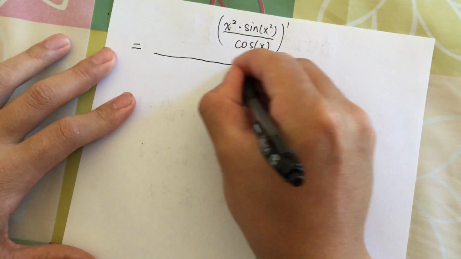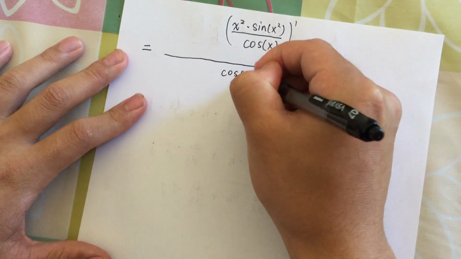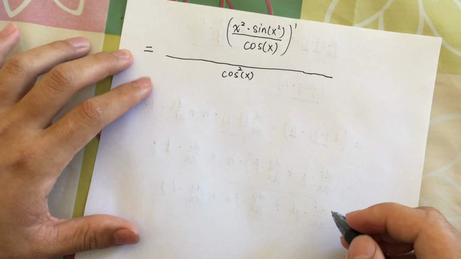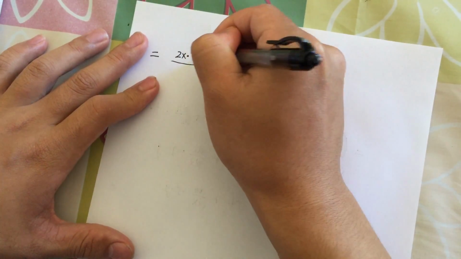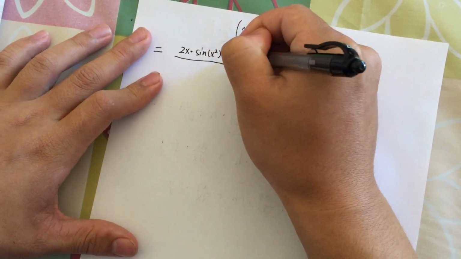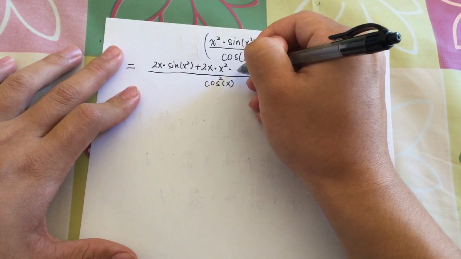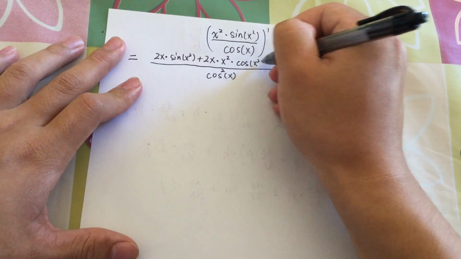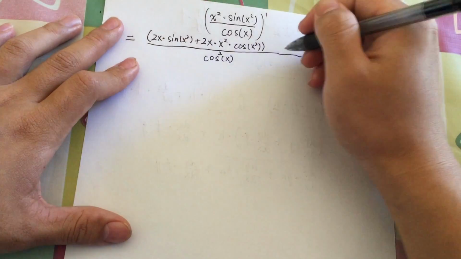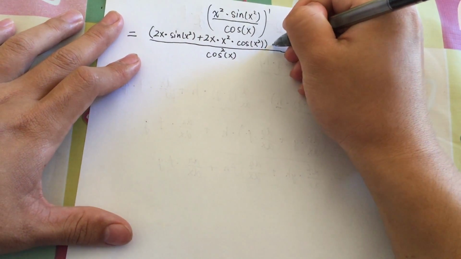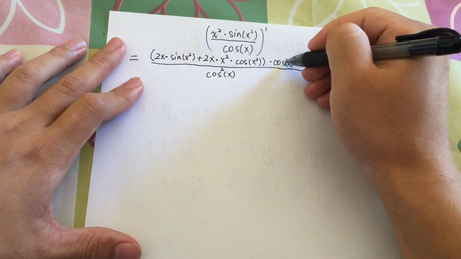Using the quotient rule, we get a long line here, and under the line is cosine squared x, and the rest is 2x times sine x squared plus 2x times x squared times cosine x squared. This is part of the chain rule, and the whole thing is times cosine x, which is the function under here,